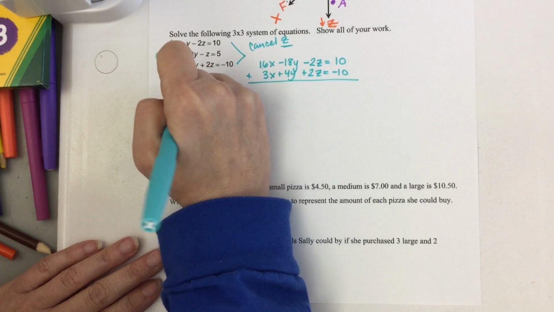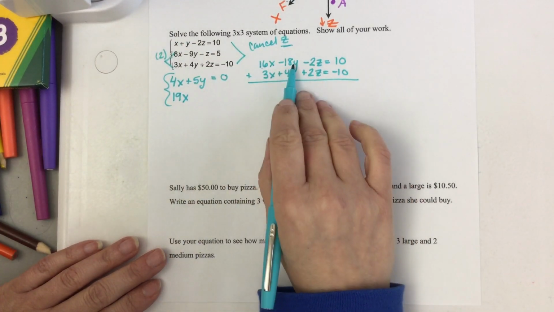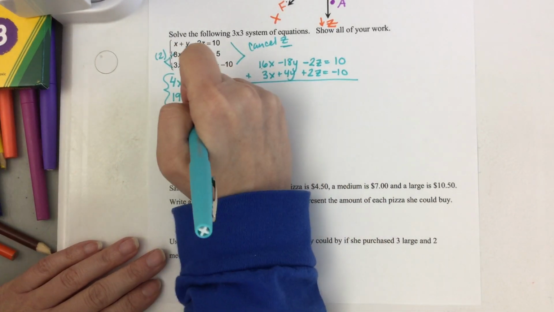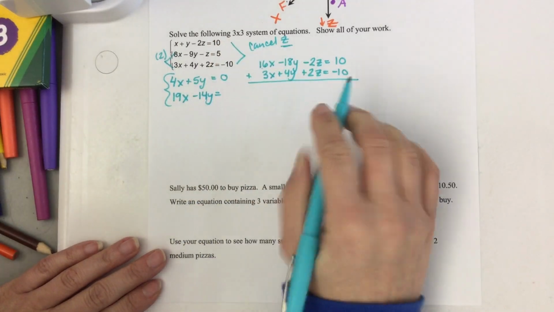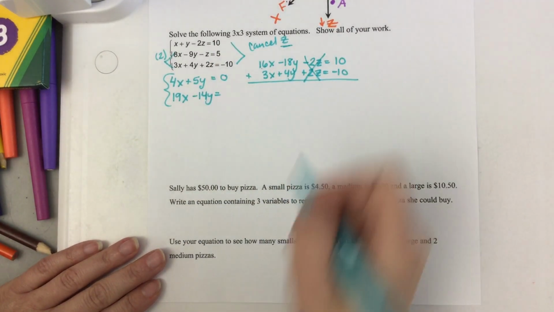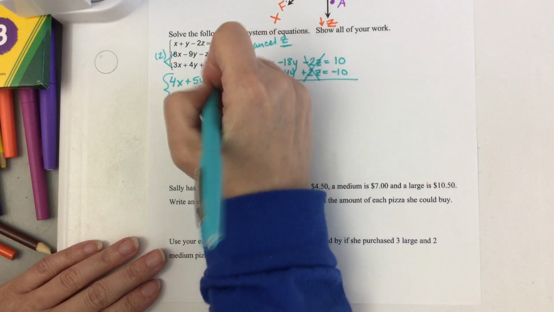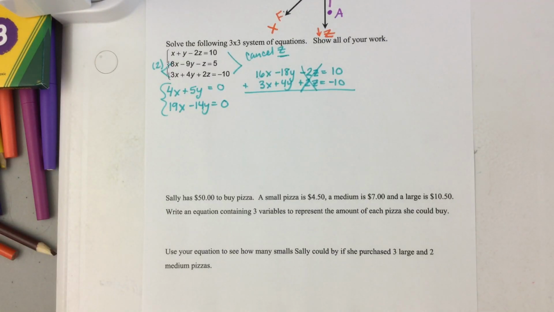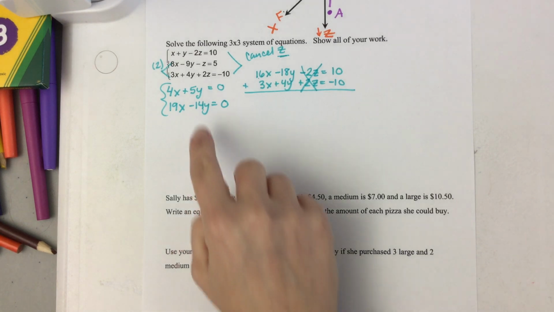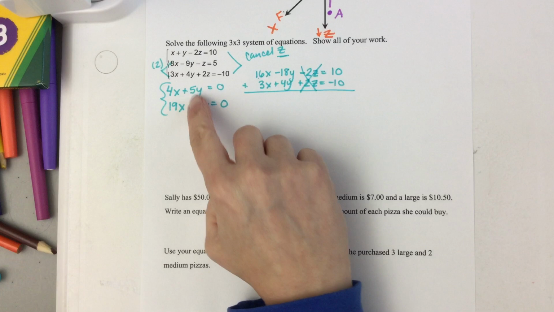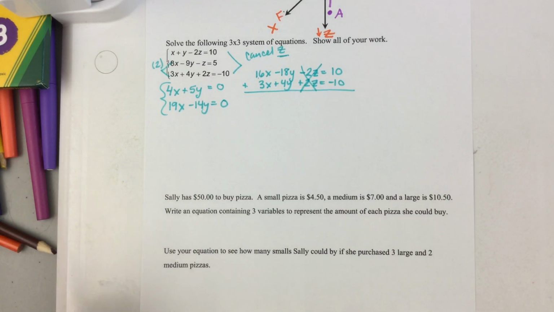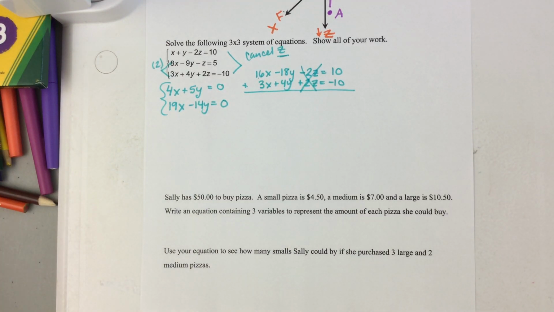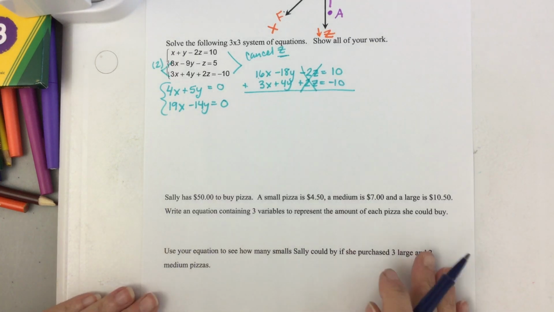16x plus 3x is 19x. Negative 18y plus 4y is negative 14y. The z's cancel. Negative 10 and a positive 10 make 0. Now when I look at this, immediately I was like, oh no, those do not look like nice numbers at all. Okay, but if I go ahead and I want to cancel y because one's positive and one's negative, if you're like, I'm not sure a number that 5 and 14 both go into,